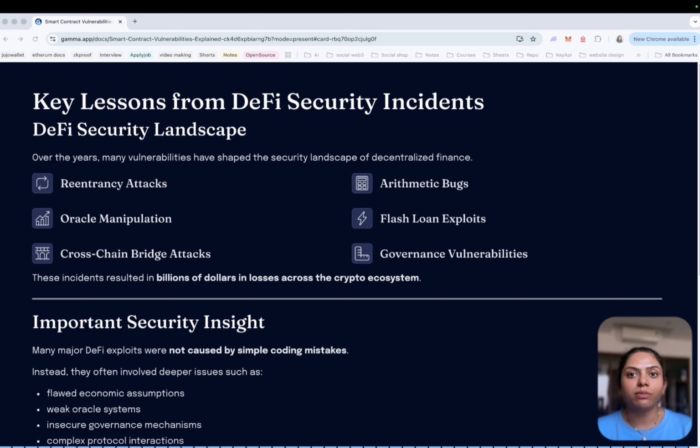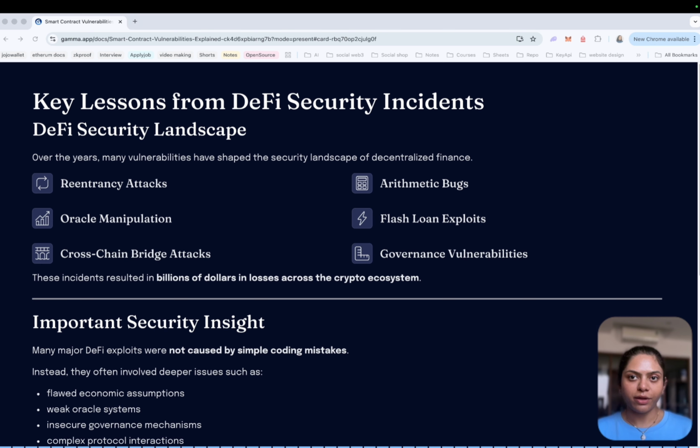This means a developer building Web3 infrastructure must assume that their system will operate in a fully adversarial environment. Every function should be written with the assumption that someone will try to break it. Every dependency should be analyzed carefully. And every external interaction must be treated as a potential attack surface. This is why smart contract security today requires much more than just good coding practices. It requires rigorous testing, comprehensive audits, and continuous monitoring.